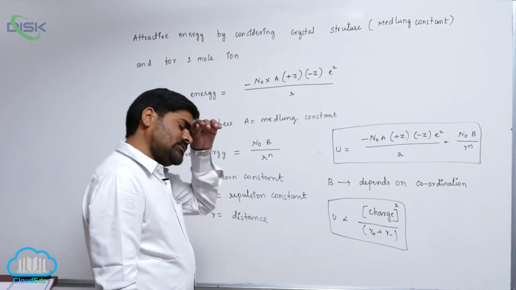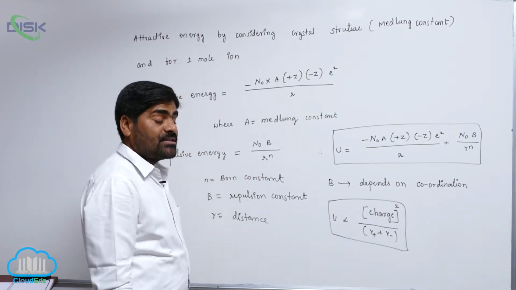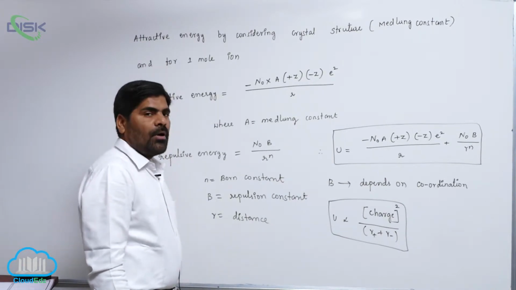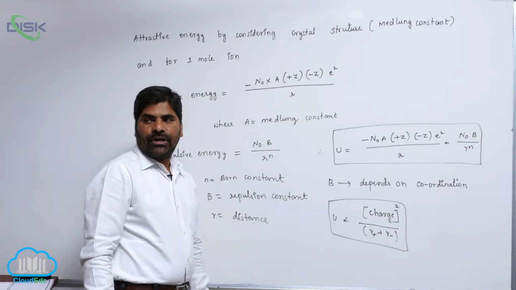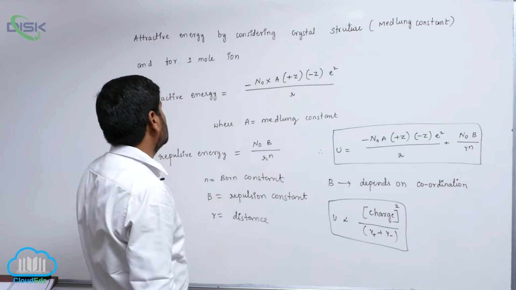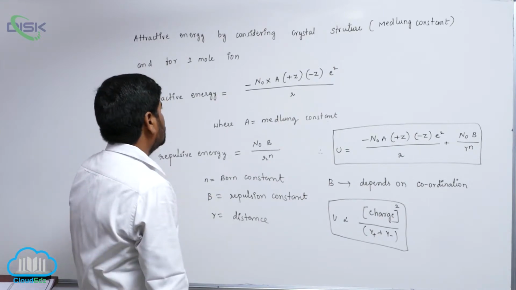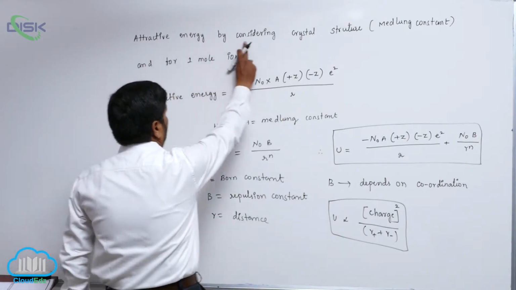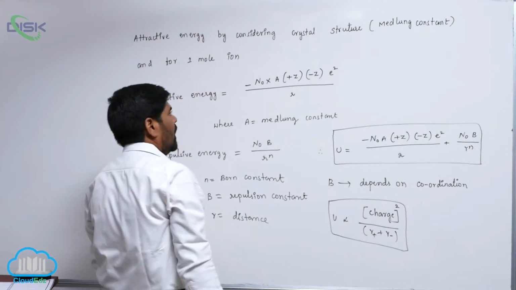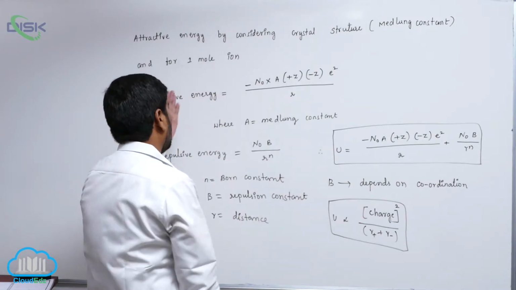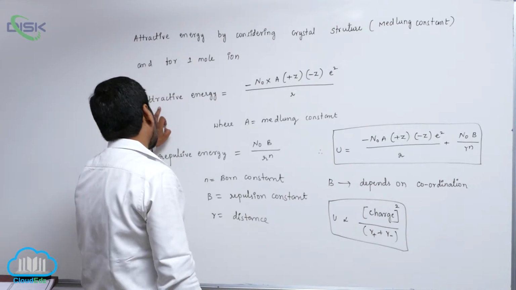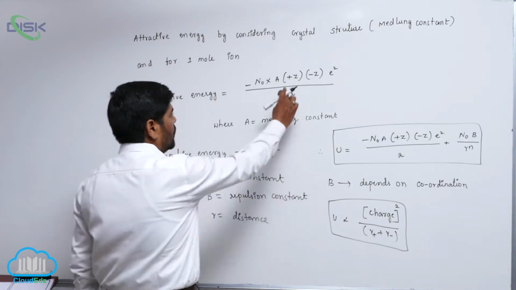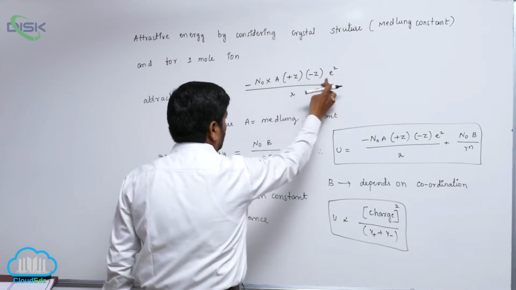Yesterday I discussed the definition of lattice energy. Lattice energy is calculated as the sum of attractive force energy and repulsive force energy. The attractive energy, considering an ionic crystal, uses the Madelung constant for 1 mole of ions. So the attractive energy equals N0 into A into plus Z minus Z into e square by